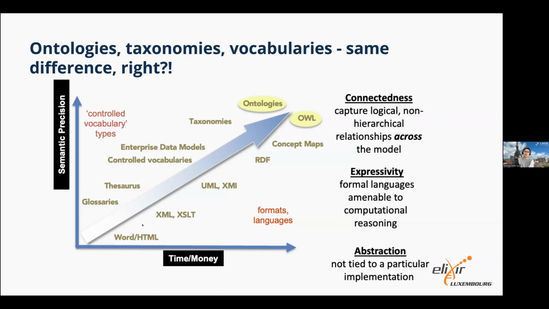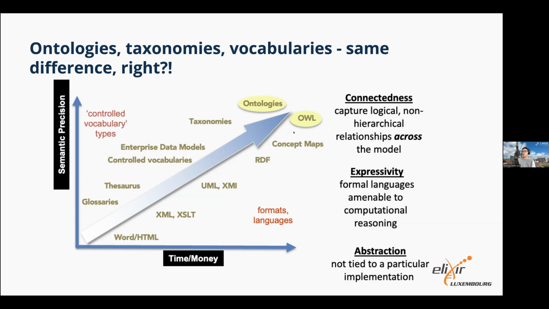So glossaries generally tend to be PDFs or Word documents or something like that. And then you tend to get a bit more complex, maybe having CSV files or Excel spreadsheets, RDF, and then ontologies generally OWL modeling language. So as you go up, you would become more precise. It's what we call semantic precision. When you hear semantic, think ontologies, think knowledge modeling. On the other hand, time and money also go up. It's much easier to quickly bash a vocabulary into a Word document than it is to build an ontology. So there is a trade-off, and there is a place for both.